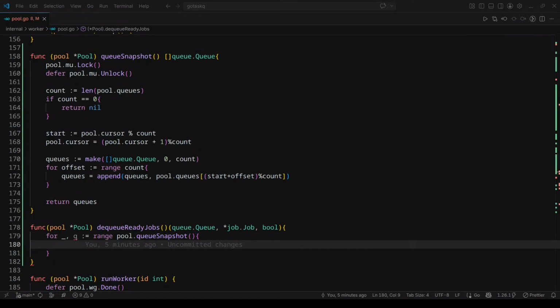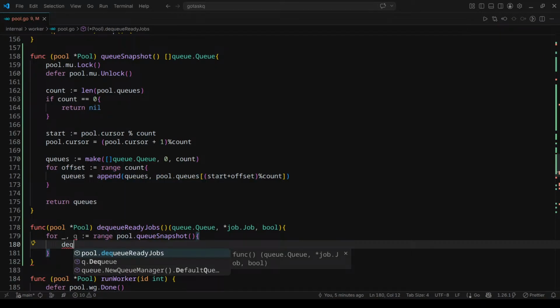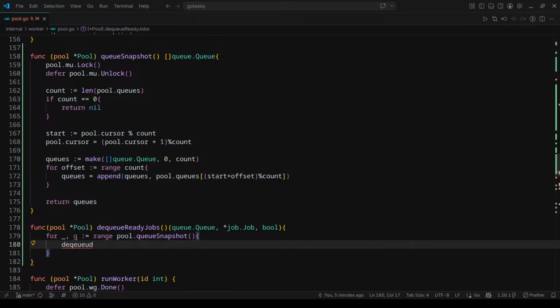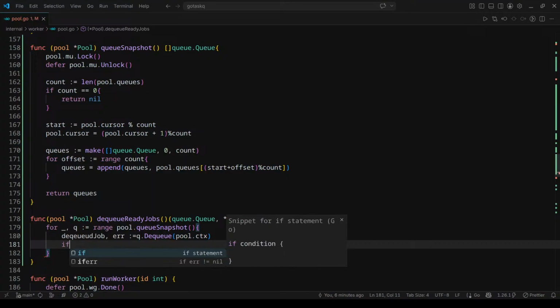Now we will check if any of the job is ready. So what we will do is dq'd job, dq'd job, error, which will be like queue dot dq our dot context it needs, and anything else? No, I don't think it needs anything else. If we get any error,